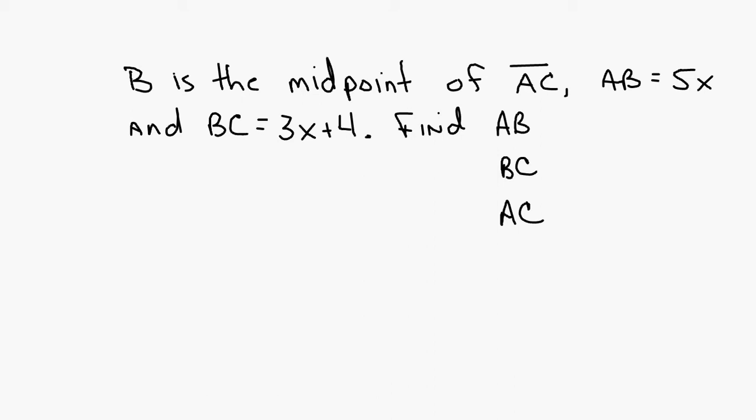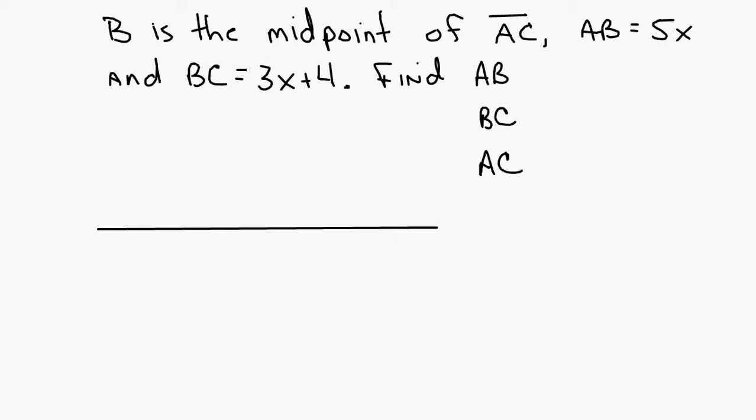So what are you going to do? Good. Draw a picture. And we're going to make B the midpoint of AC. So our end points are A and C. And if B is the midpoint, it's in the middle. And if it's in the middle, then we know that it's equal distance to both ends. And if A to B is 5x, and B to C is 3x plus 4,